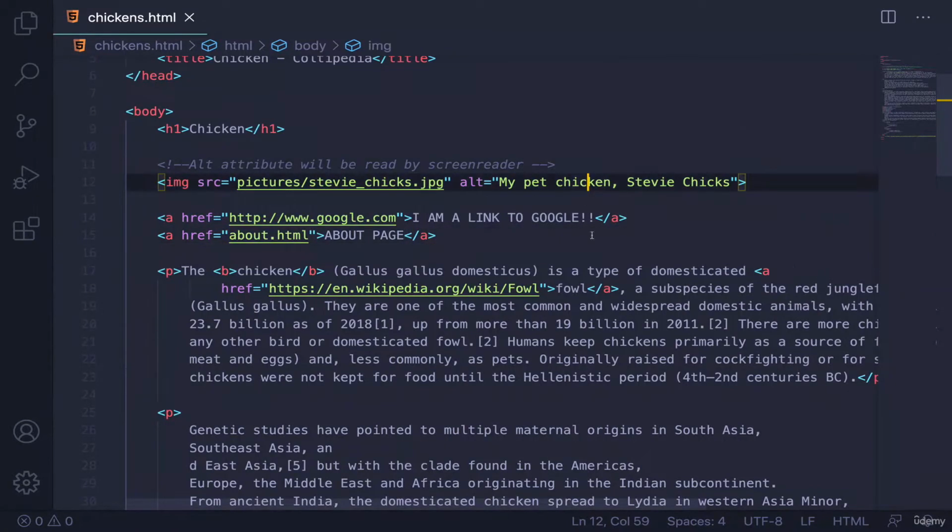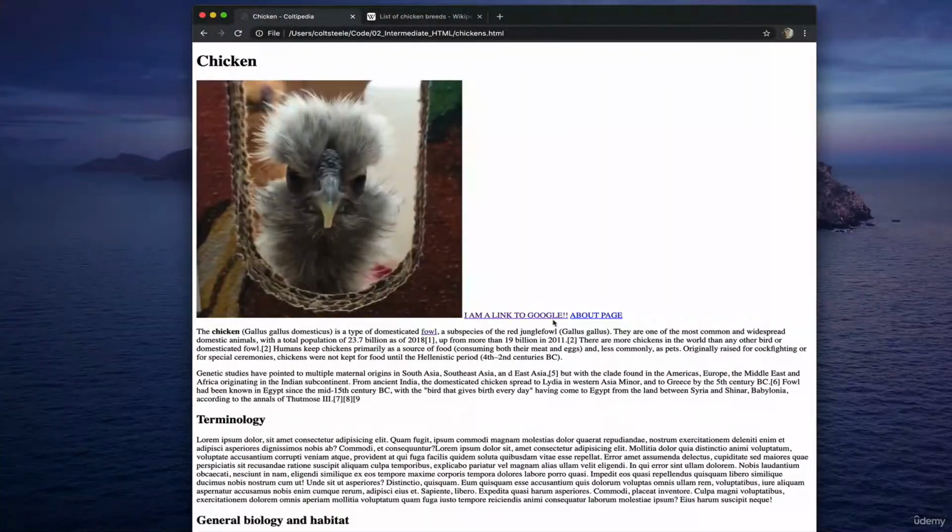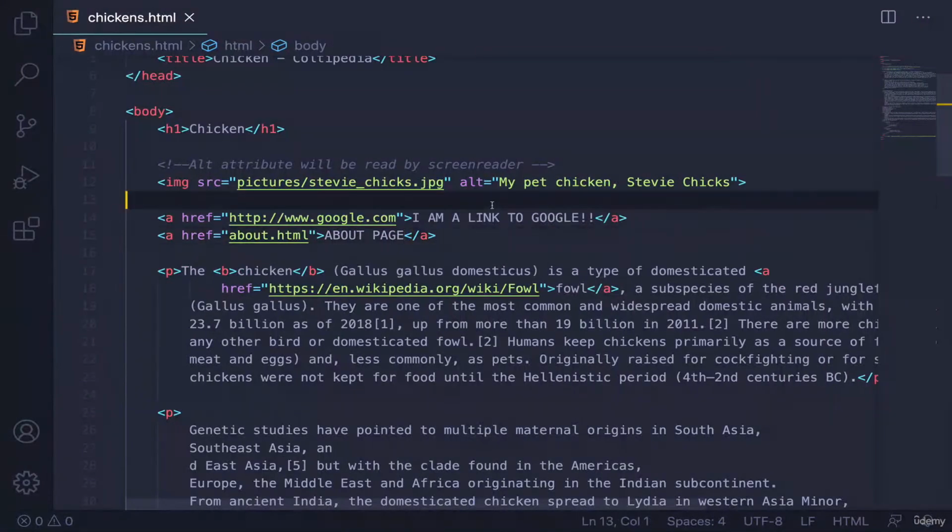So for now, divs are not going to seem useful, but I'm just going to show them to you briefly. I've got my 2 anchor tags right here. You can see them right there. I am a link to Google and about page. Now, if I wrap them in a div,